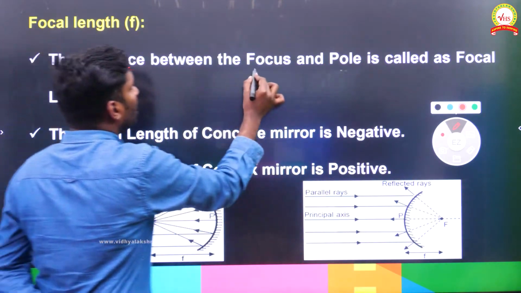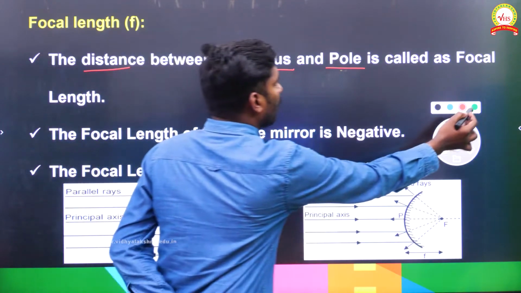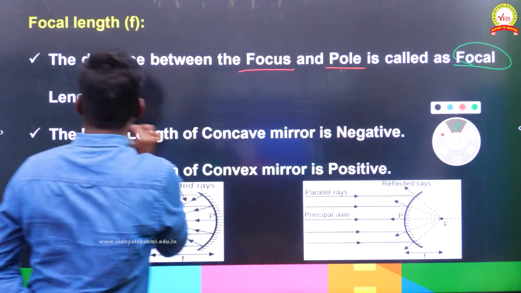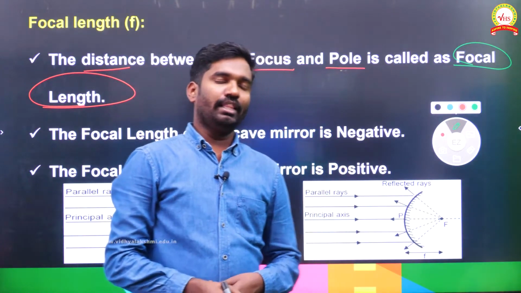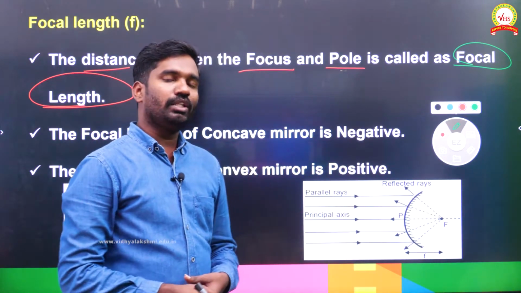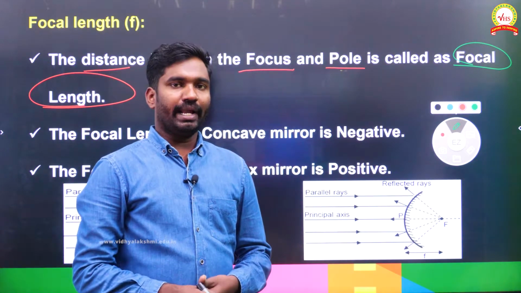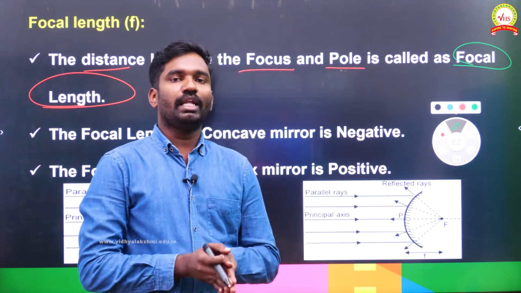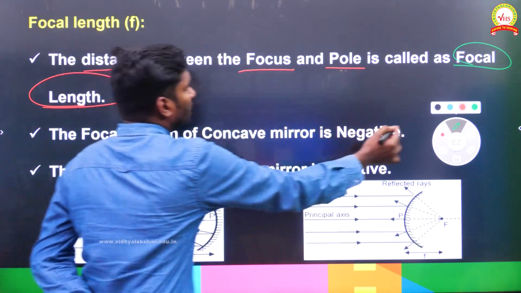Between the focus and the pole, that length we will be calling the focal length. In one case, the focal length will be positive, and in one case, the focal length will be negative. So how can I say that the focal length is positive and how can I say that the focal length is negative? Based upon the